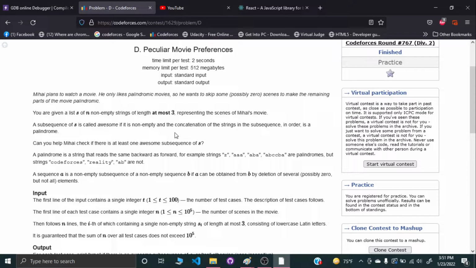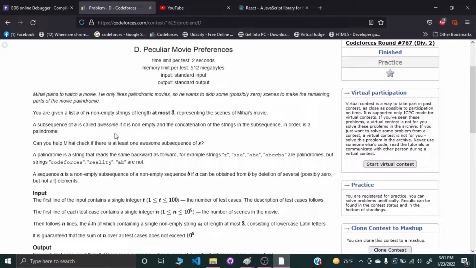Because each string's length is at most 3, we could come up with a solution regarding prefix and suffix. How is that? I'm going to talk about it later.